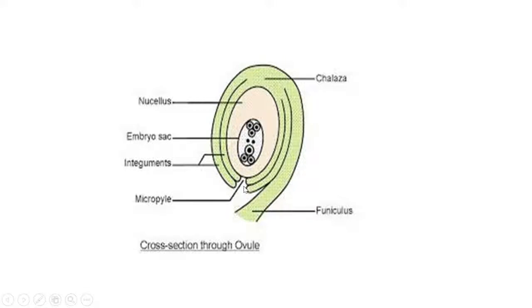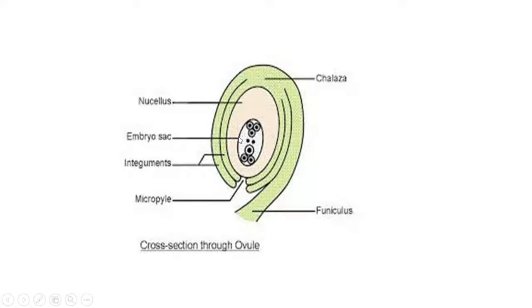It is called micropyle. At this end, this is the nucellus, and the nucellus actually has nutritive cells. And this is the megaspore which develops the embryo sac. The embryo sac contains 8 nuclei. Upper one egg and 2 synergids are there, 3 antipodal cells are there, and at the center, there are polar nuclei.